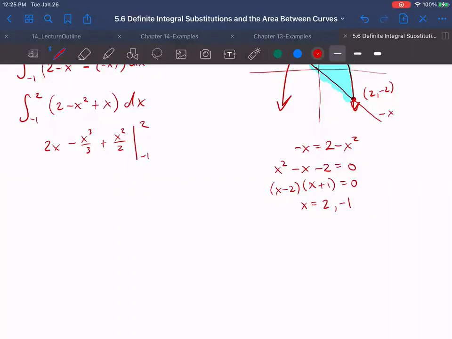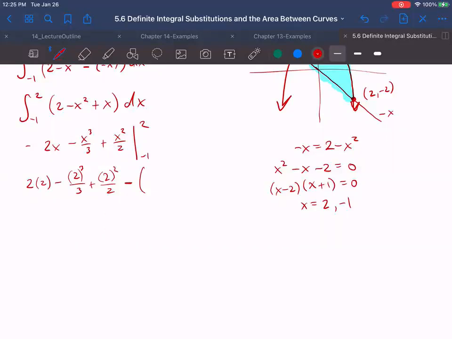All right, so there we integrated it. 2 became 2x, negative x squared became negative x cubed over 3, and x became x squared over 2, evaluated from negative 1 to 2. And so we'll plug numbers in here. So let's start with the 2. So this is 2 times 2 minus 2 cubed over 3 plus 2 squared over 2 minus, and now we